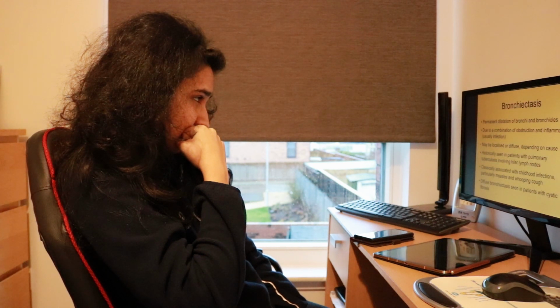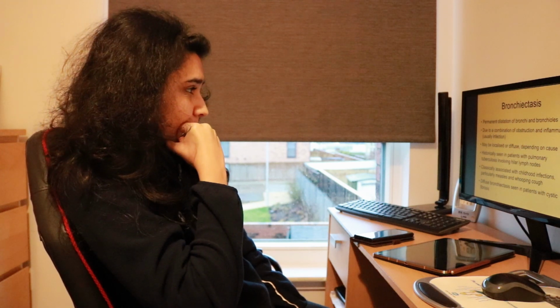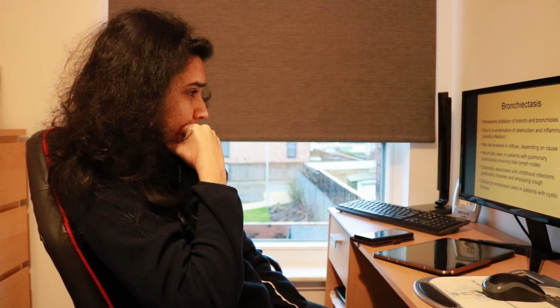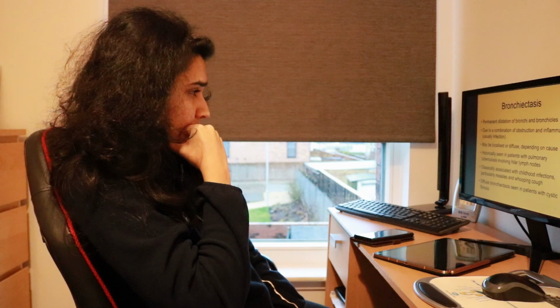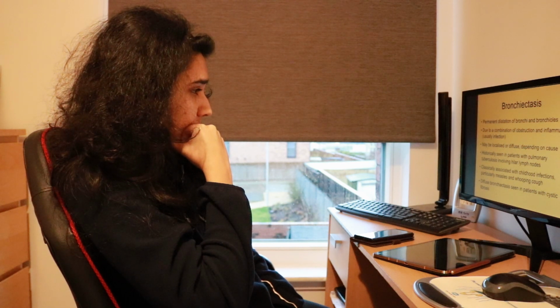Bronchiectasis can be defined as permanent dilatation of bronchi and bronchioles. It's due to a combination of obstruction and inflammation, usually related to infection, and it can be localized or diffuse depending on the cause and its anatomical distribution. Historically, this was often seen in patients with pulmonary tuberculosis that involved the lymph nodes at the root or the hilum of the lung, where those lymph nodes would squash the bronchi from the outside, leading to obstruction and secondary